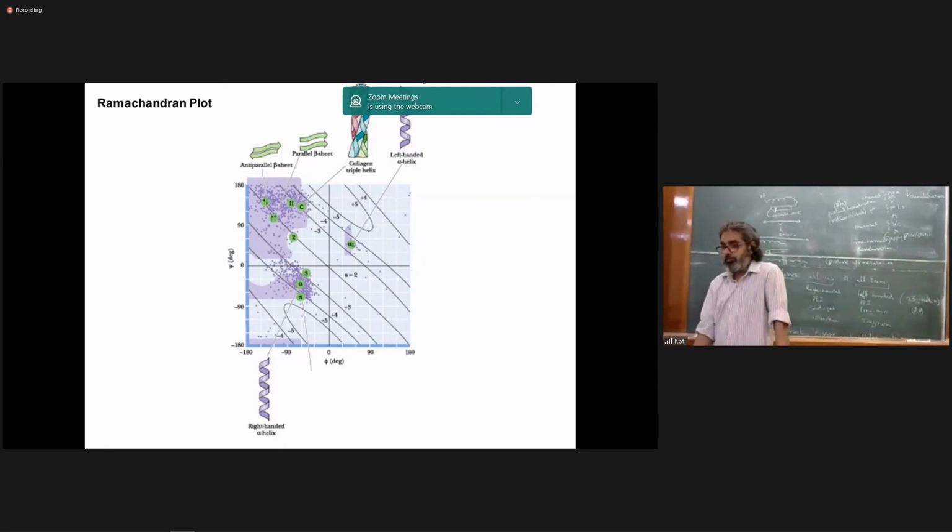But consistently, if you take a beta strand and all phi psi fall slightly below this line, then you actually get the handedness. That's true. I think for the parallel beta sheet, that's actually shown. It's slightly below. So you can see what handedness actually involves. Good question. Any other question?